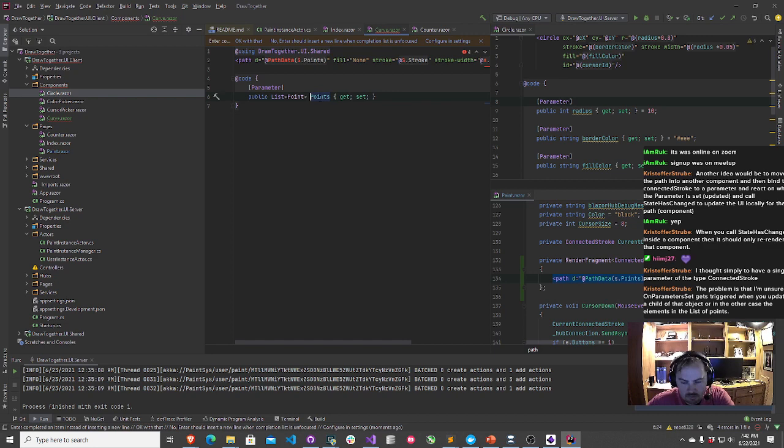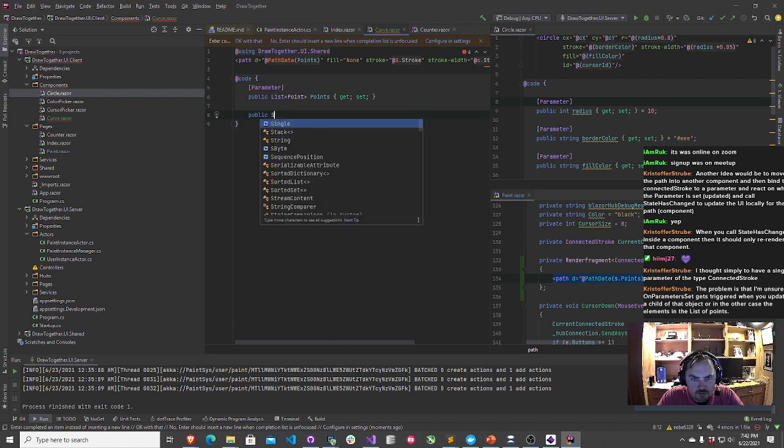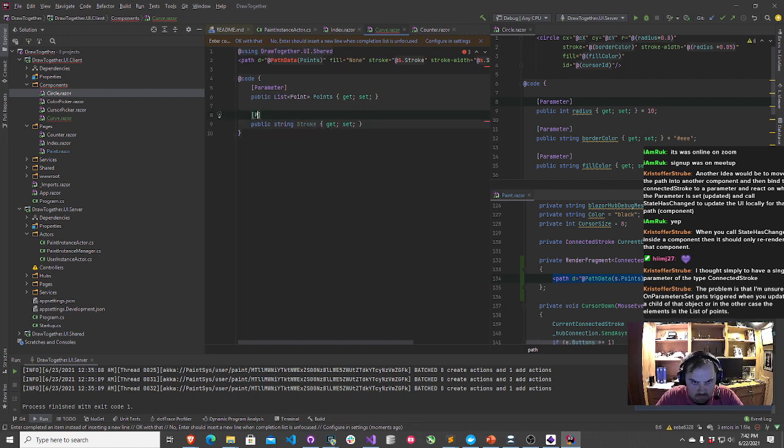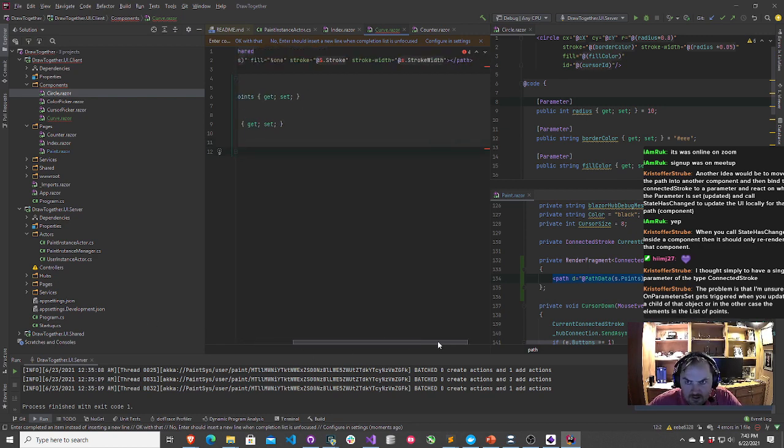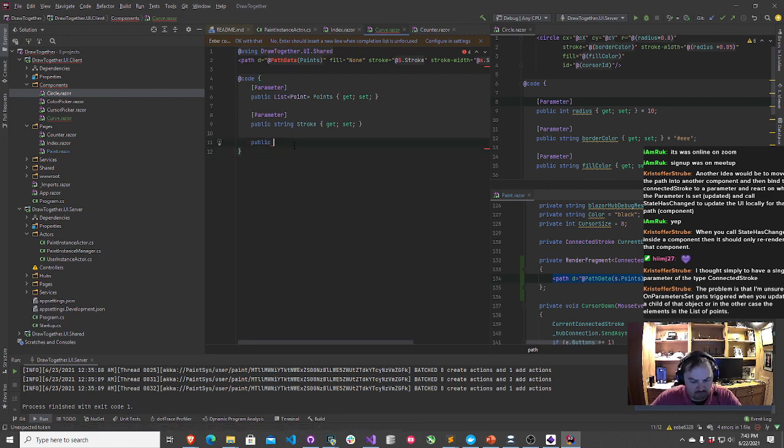Points. Public green stroke. And then let's add a little integer for stroke width.